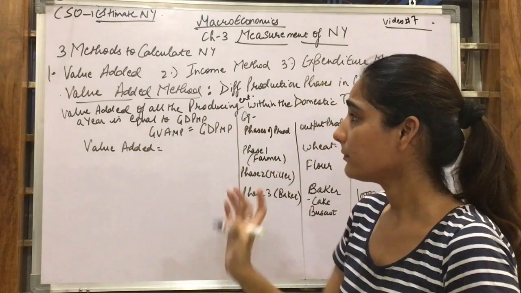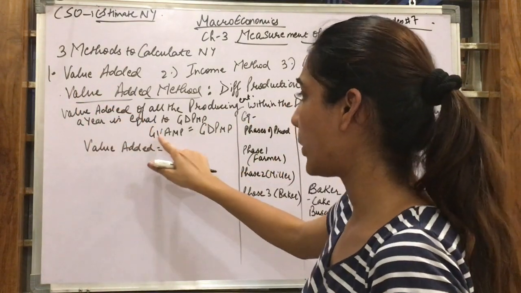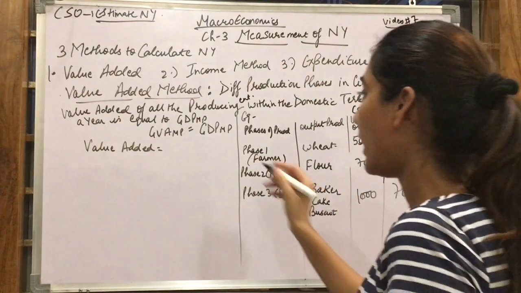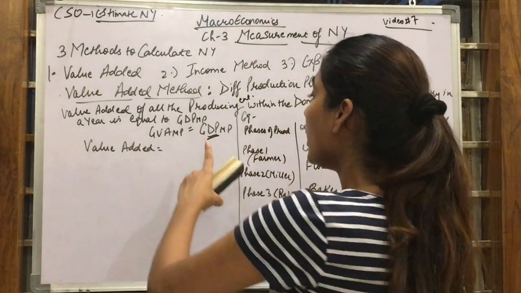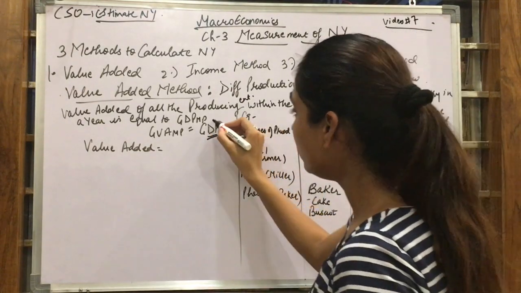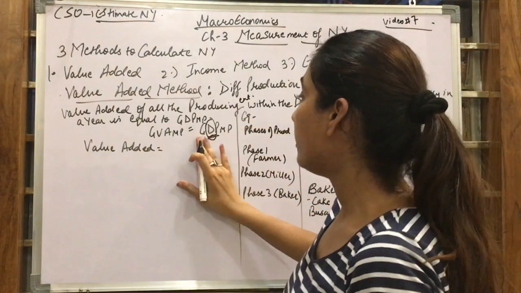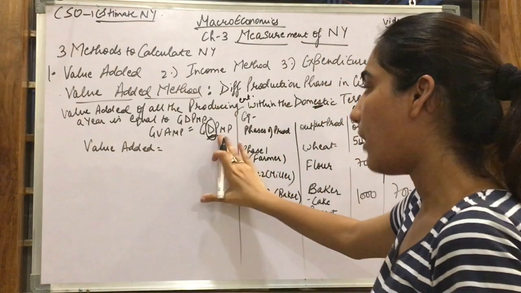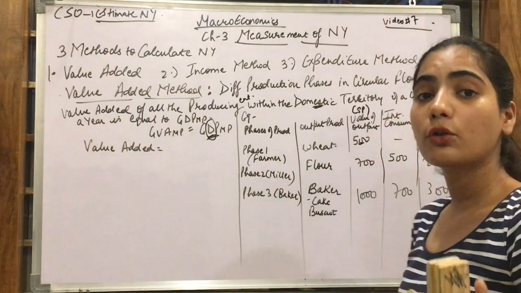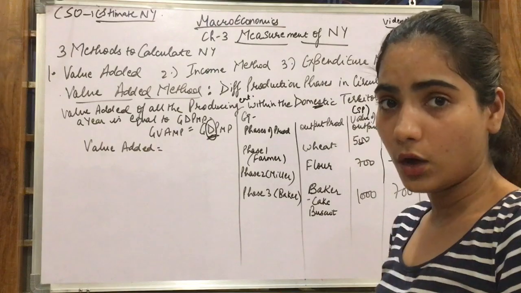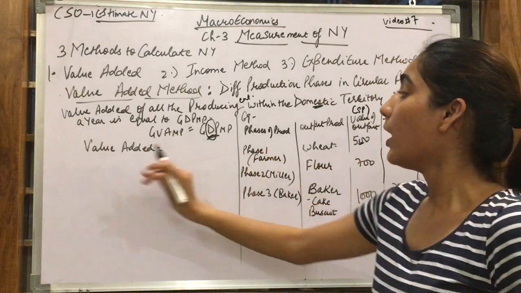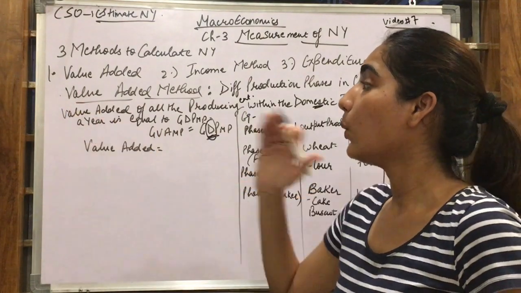That means value added is known as gross value added at the market price, and gross value added at the market price is equal to gross domestic product at the market price. Domestic territory means the domestic product, so it will be the gross domestic product at the market price. Now, value added of all those producing enterprises which are involved in producing a commodity. Now, we are going to calculate value added.